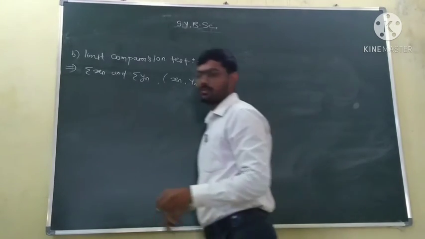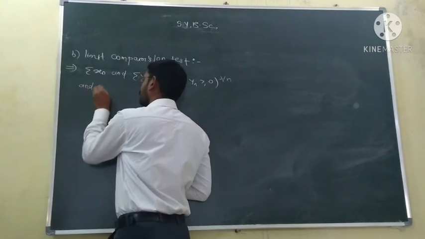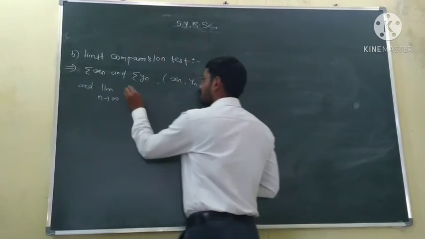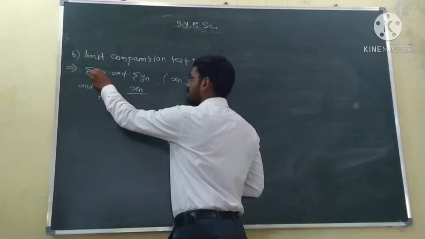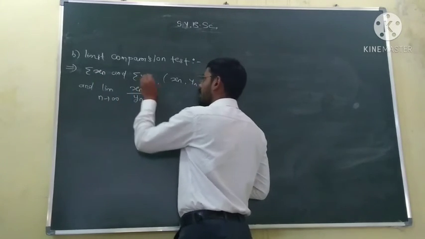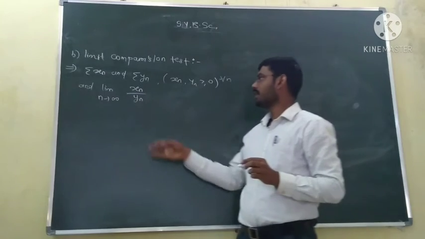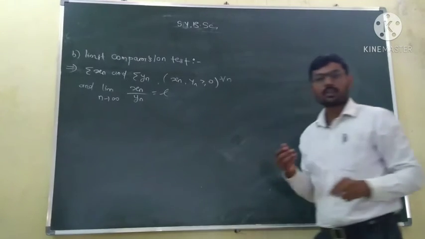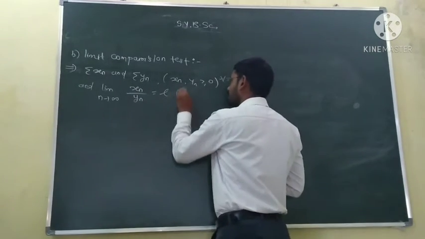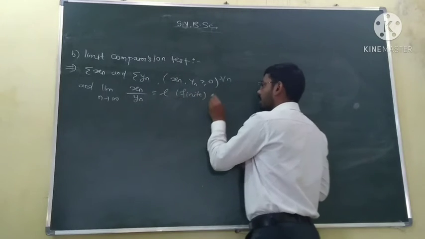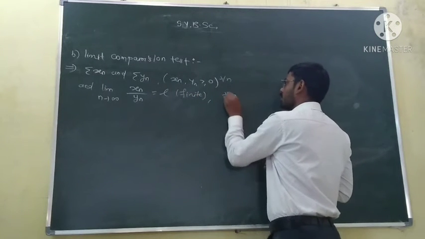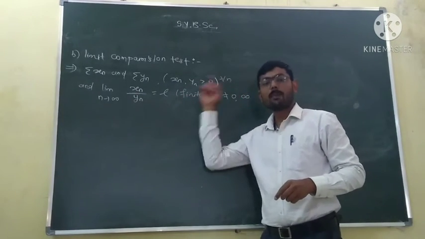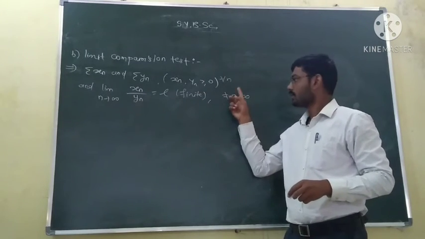Okay, and limit n tends to infinity of the nth term of this series upon the nth term of the other series. So limit n tends to infinity, xn upon yn is equal to some finite number L. Some finite number which is not equal to 0 and infinity. It is finite means not equal to infinity, and it is not equal to 0, then